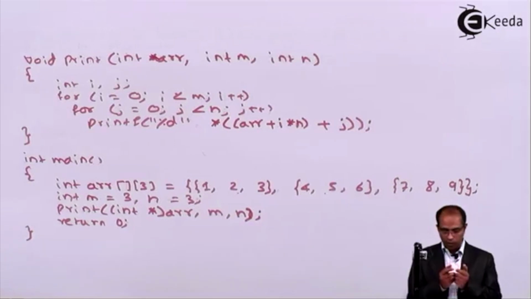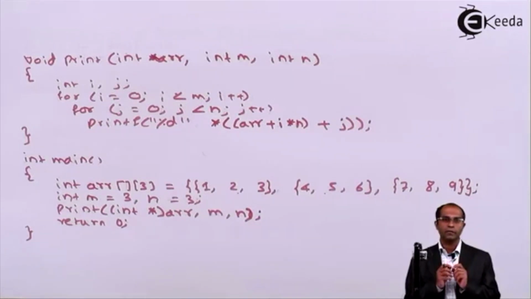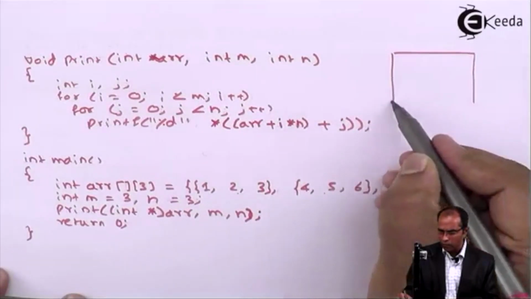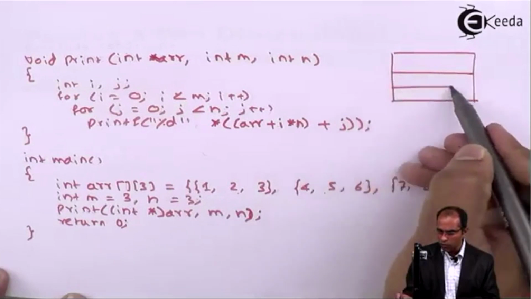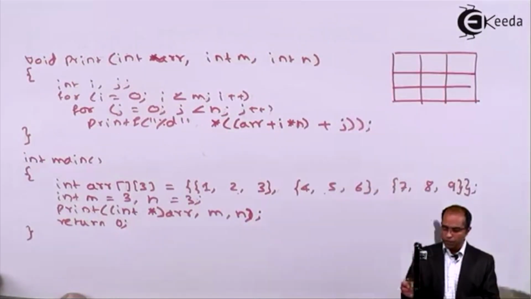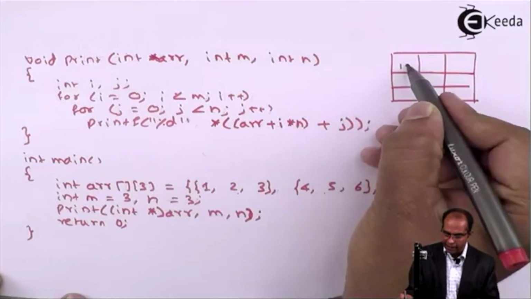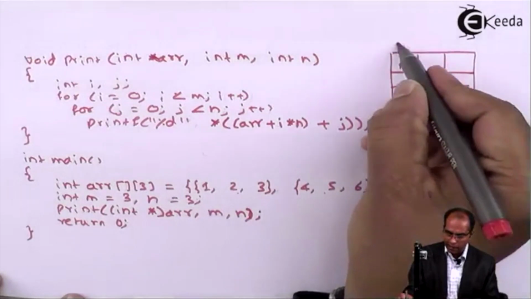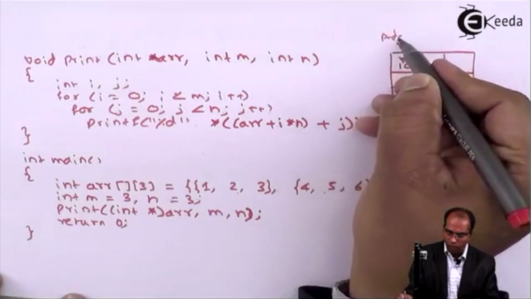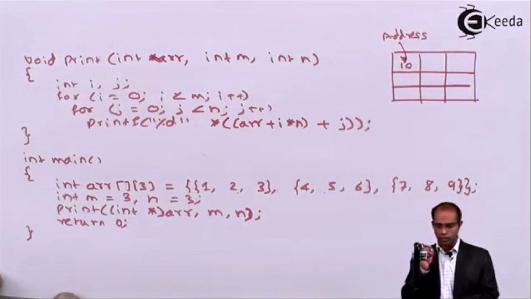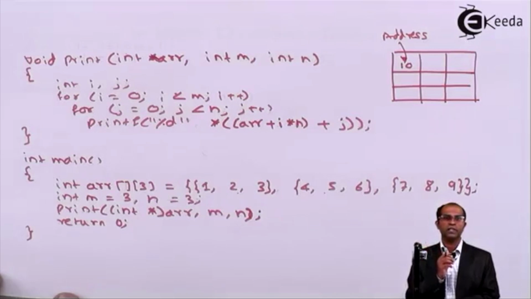How this particular convention works, for that we need to understand by the memory diagram. Suppose I put a memory diagram in this fashion, 3 rows and 3 columns. If the first address is say 10, I am now writing the address of each of these blocks. It will not be a 2-digit number, it will be a 4-digit, 5-digit hexadecimal number. For simplicity, I am just explaining it with the address value as 10.